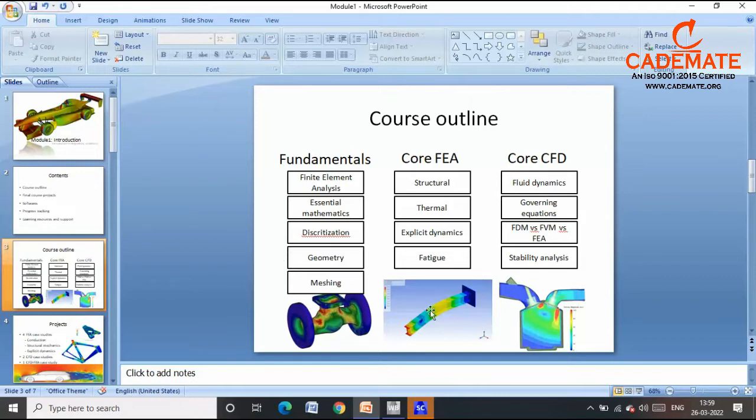As we can see from the pictures below, here we can see some analysis solutions. Here is a cantilever beam that is applied a load and is deflected. So in this picture we can see the deflection of the beam, and also we can measure the stress and strain values. And in another picture we can see a simulation of IC engine intake and exhaust, and also we can see the combustion phenomena.